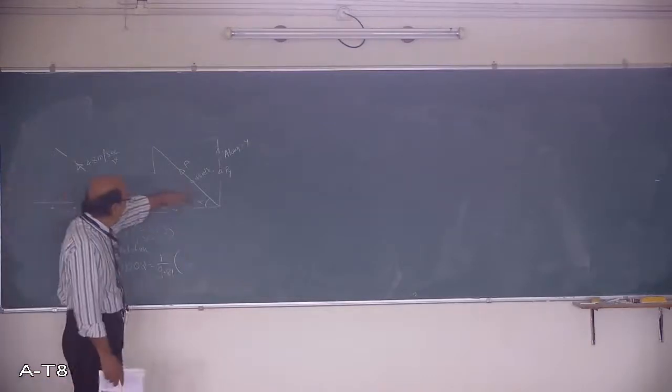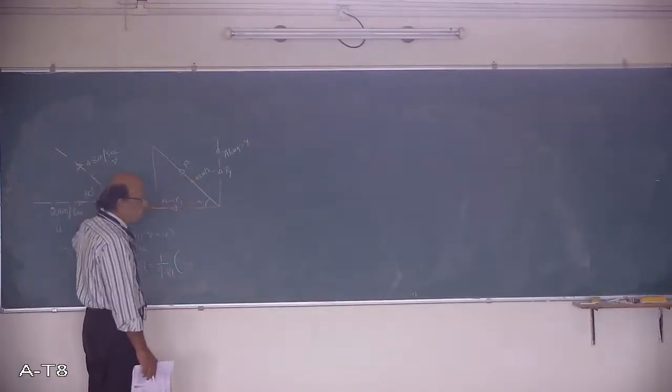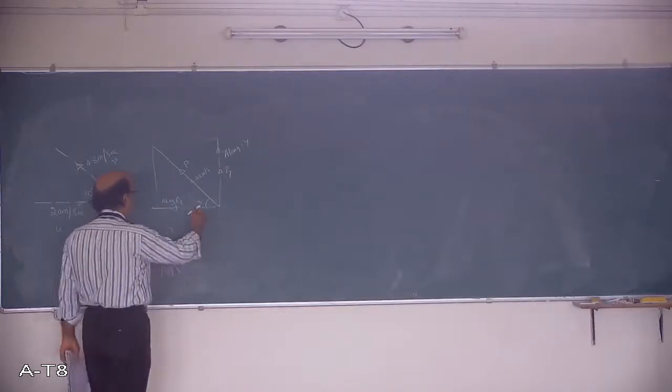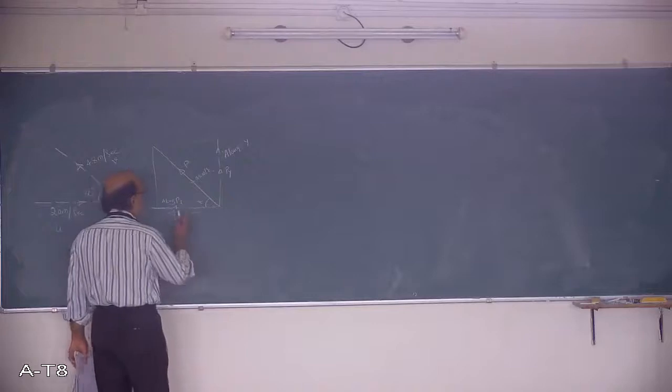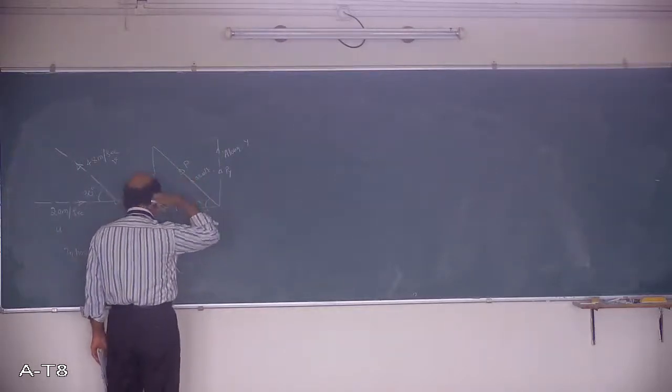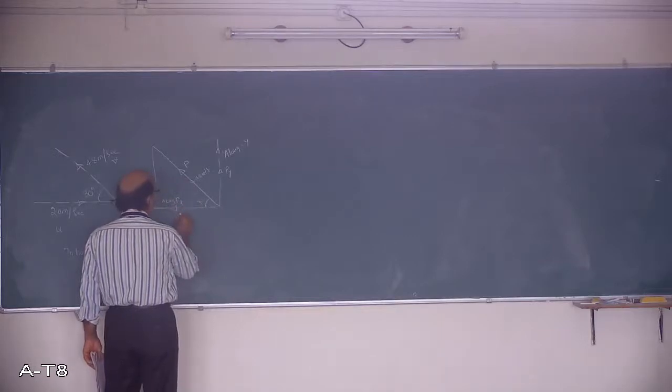Though it is moving inclined at 30, I will take the component of that velocity in this direction. So the velocity with which it moves in this direction will be taken as 48 meters per second in this direction. So the component along this will be Px is equal to